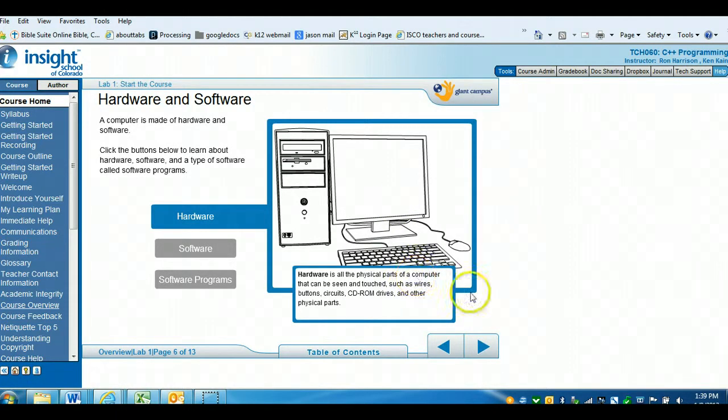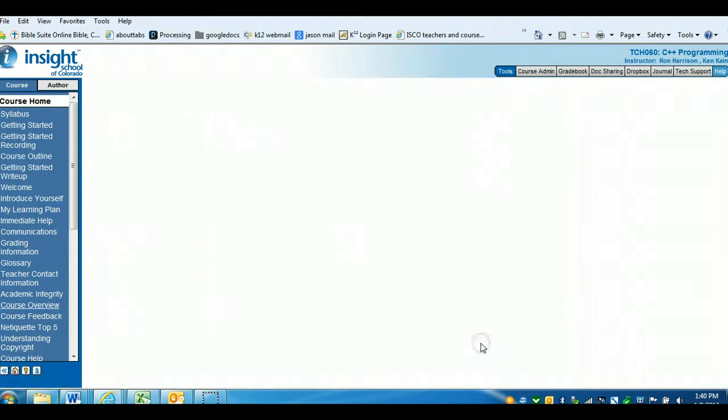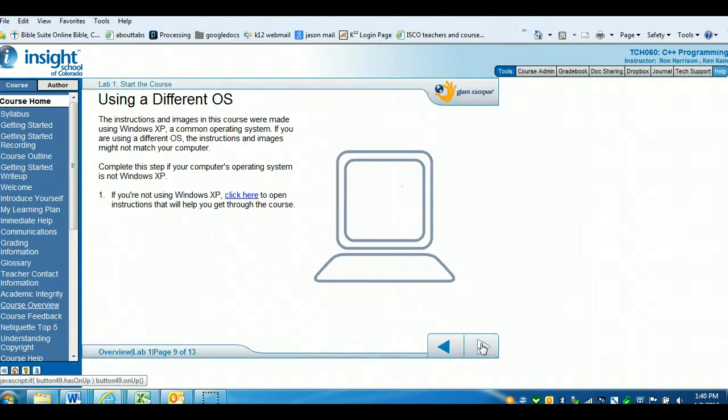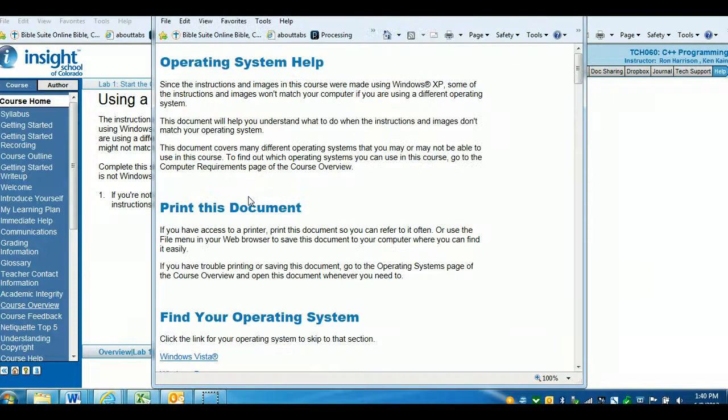Hardware and software, you can do that on your own. I'm not going to take time to explain that to you. Operating system is whether you use Windows or Mac, or Windows Vista, Windows 7, Windows 8. Now, if you're not using Windows XP, you need to click here to get the instructions to get through the course. Now, I have Windows 7,